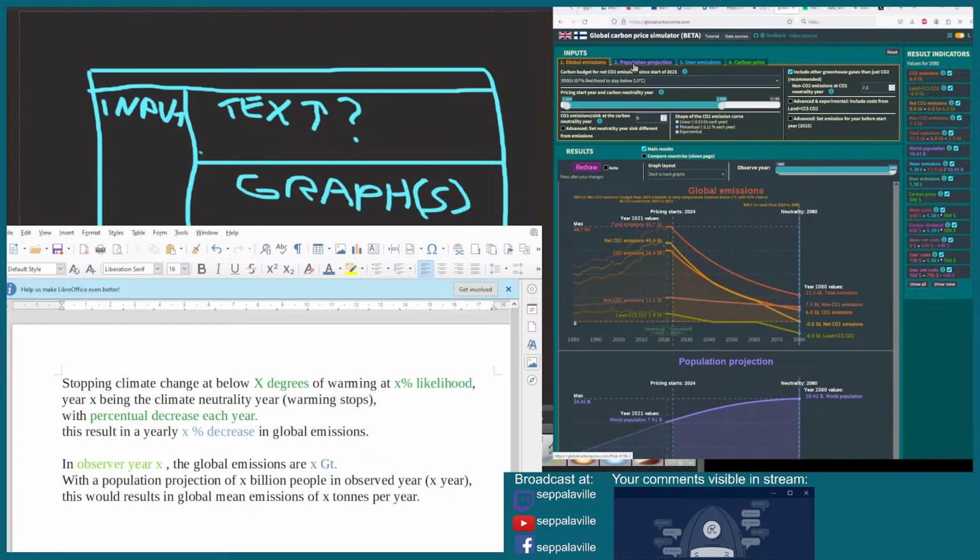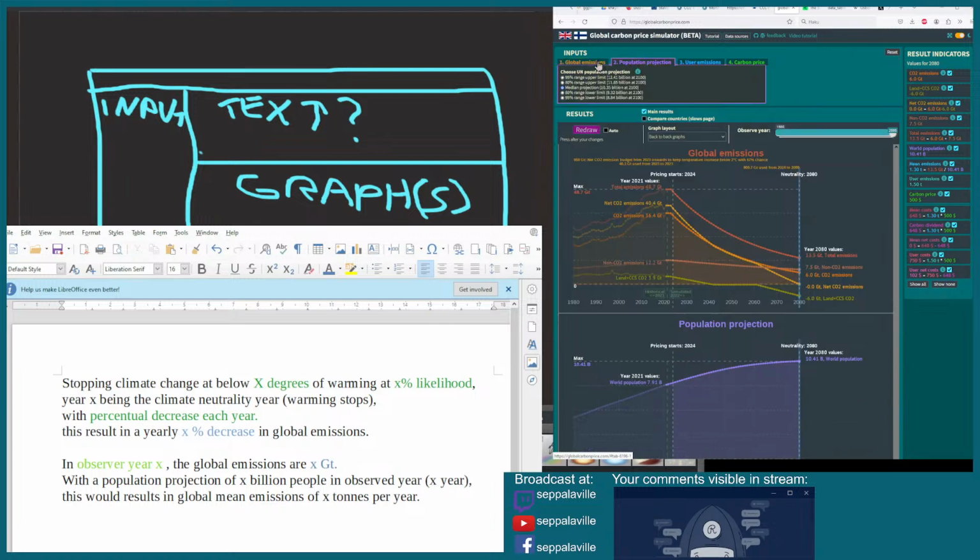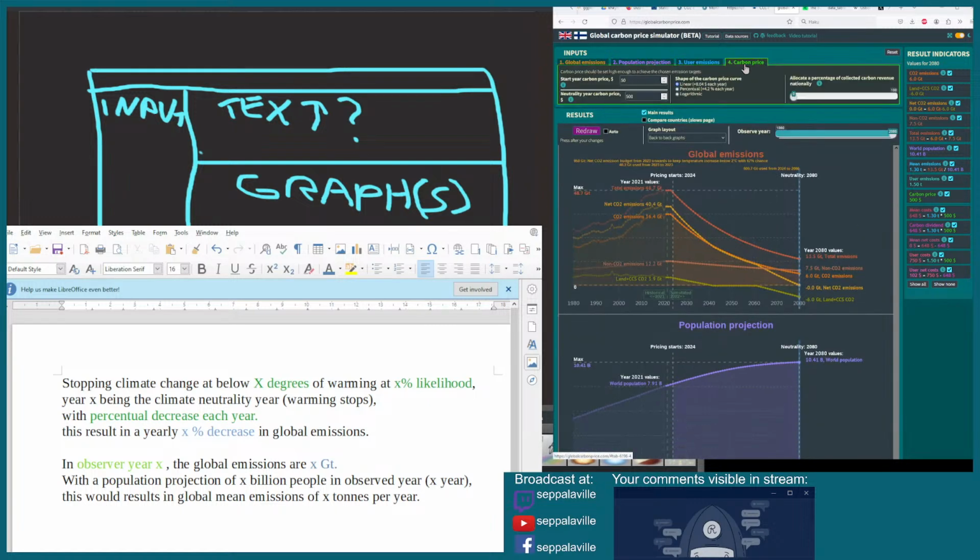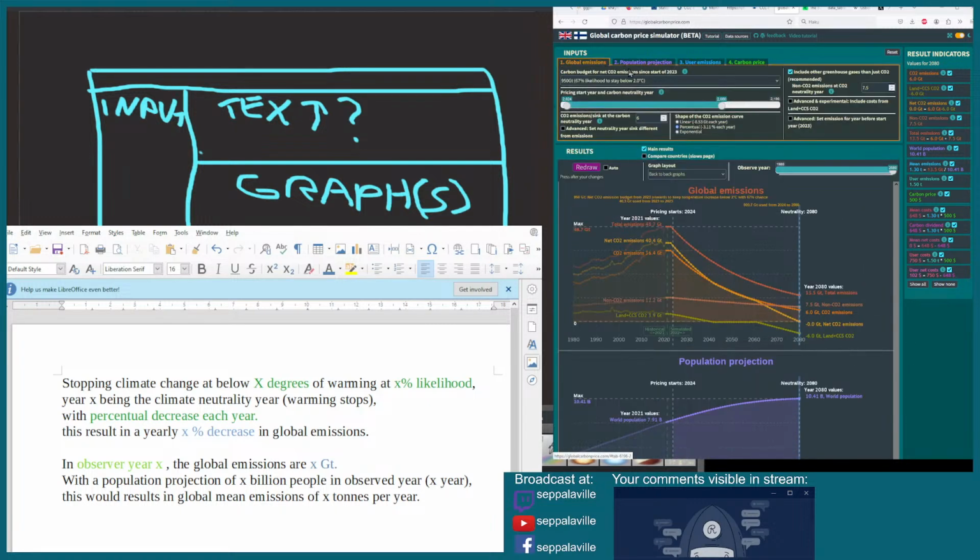So that's why it would be nicer to maybe have them side by side. And also annoying thing here is that if you select between these, then the